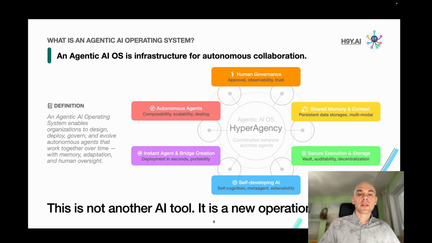This is not another AI tool. This is a new operational layer for your enterprise, startup, or organization. Let's start